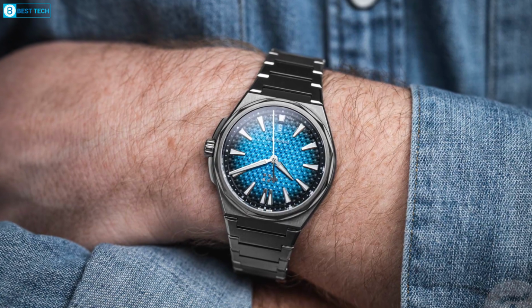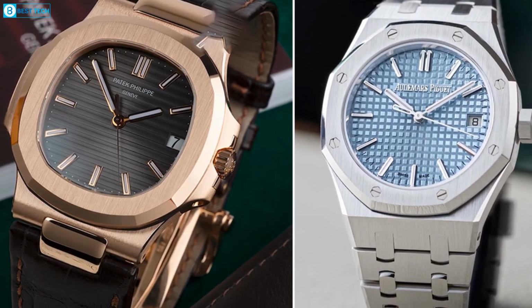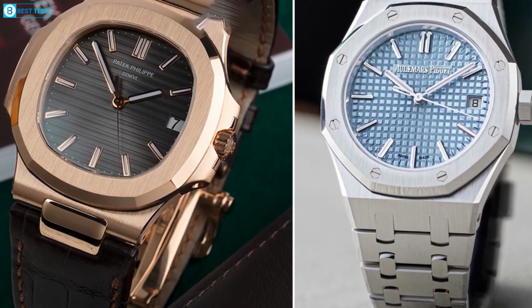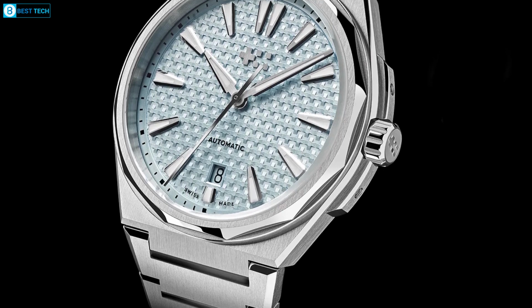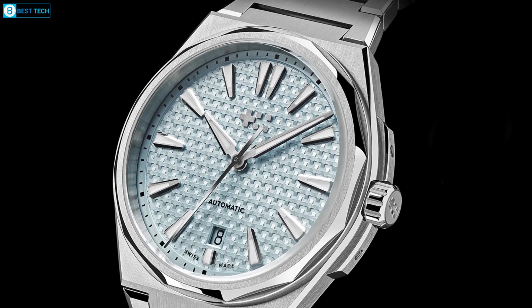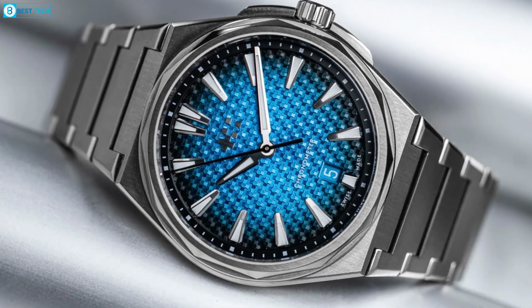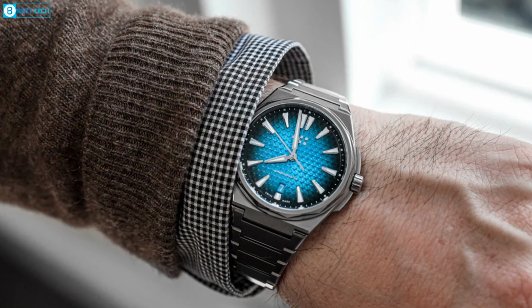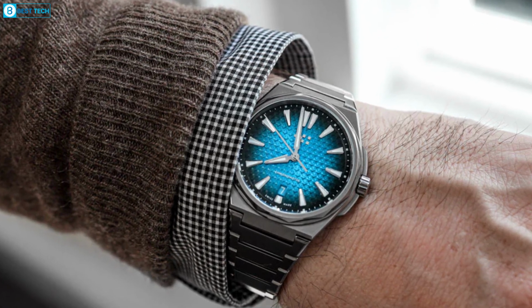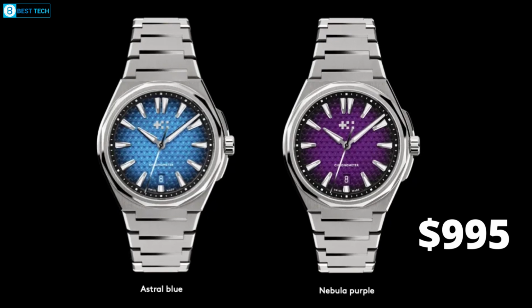Why is it called the best bargain watch? When you consider the price of the big bosses like the Royal Oak and Nautilus and how they keep sliding upwards, we are pretty sure you've noticed a series of smaller and more affordable watches, and Christopher Ward just jumped right in. In order to purchase a Christopher Ward 12, you can pretty much get a solid starting point without spending $1,000. Starting at just $995 for the base variant, and